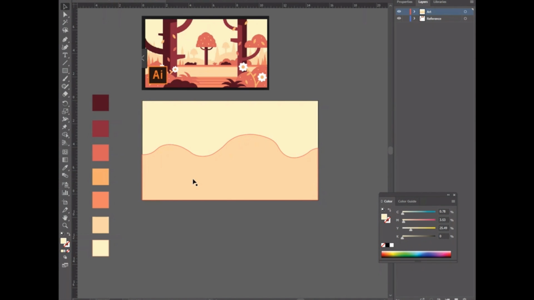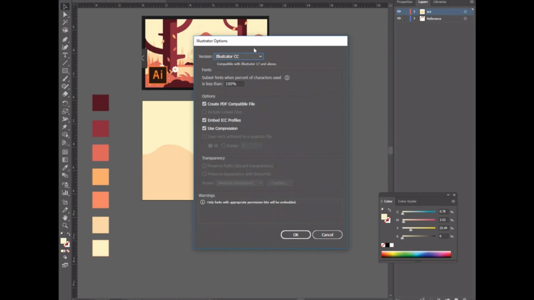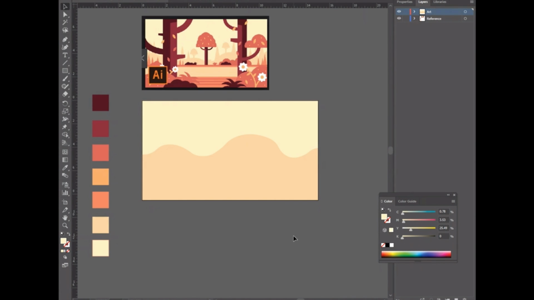So also, we're going to save this, because saving is important. I'll just put it so I have it saved in this. One time I did like 2 hours of work in Illustrator without remembering to save it, and then my computer shut down and I lost it all and I was very upset. But okay,